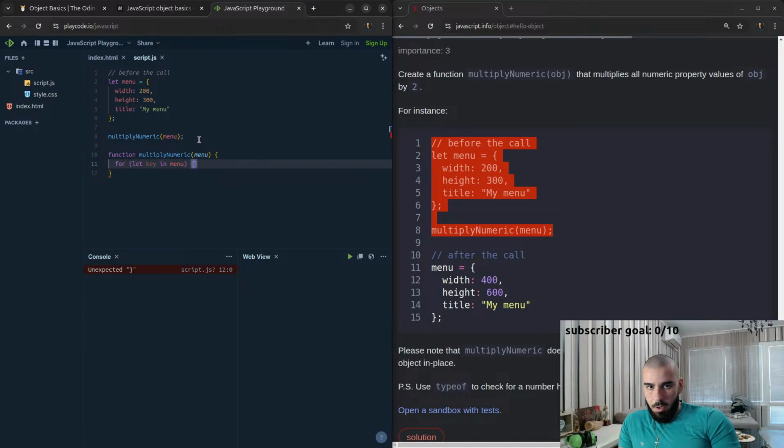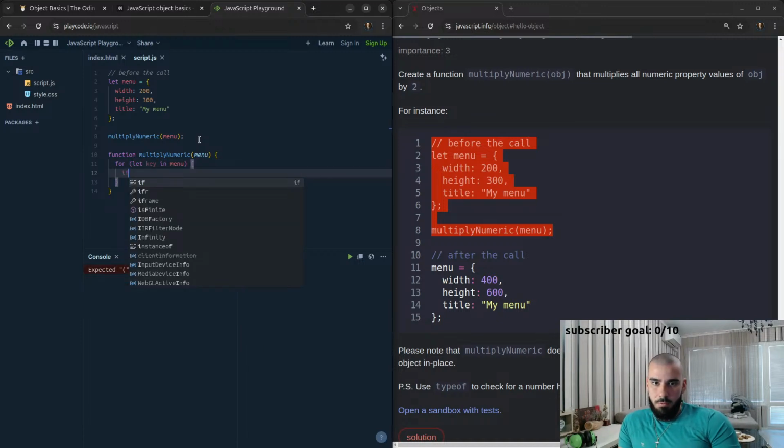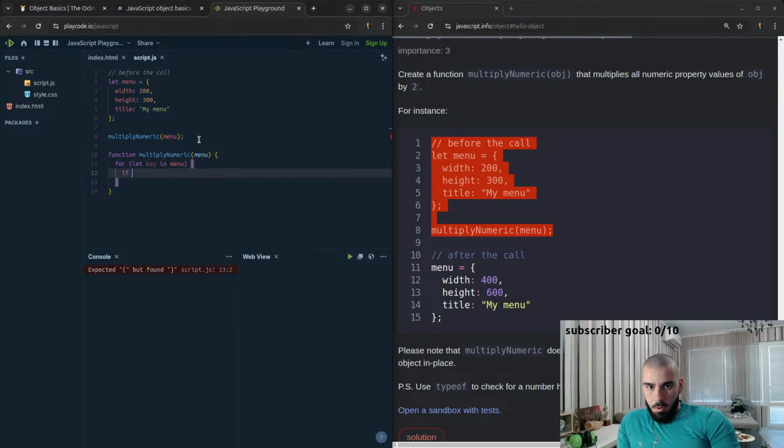So for every key in menu, if key dot type of